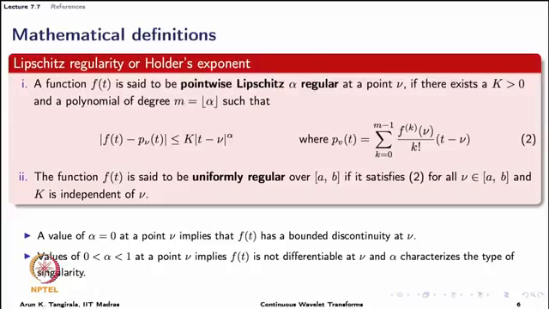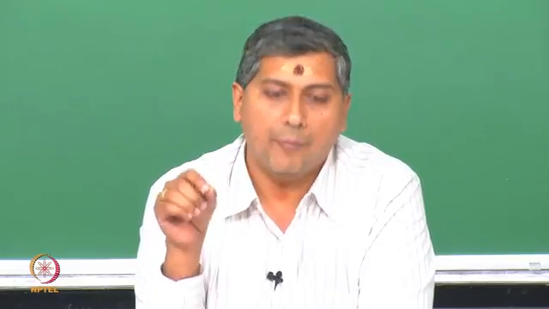As I mentioned, the basic idea is to approximate f of t with a polynomial, and then the measure is going to give you a bound on the error. So, p_nu of t is the polynomial approximation of f of t at a point nu, where I am interested in assessing the regularity of f of t. And what is this polynomial? This polynomial is nothing but the Taylor series expansion of f of t around nu up to the desired order. What order? m. So, what we are doing is essentially replacing f of t with a Taylor series approximation up to order m, and then